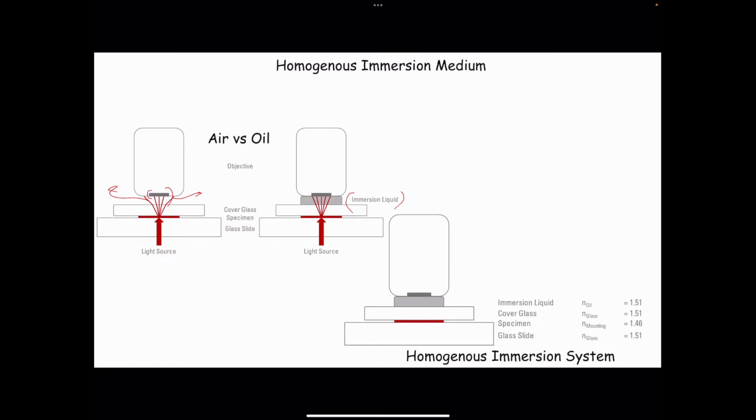It's going to see a media which has a refractive index higher than air, as a result of which the refraction of your beam of light is going to be less, as a result of which the objective lens, the front focal length of the objective, can easily collect all the light, and therefore the light gathering capacity of your objective lens increases and eventually the numerical aperture increases, which is important to get high resolution and detailed images of